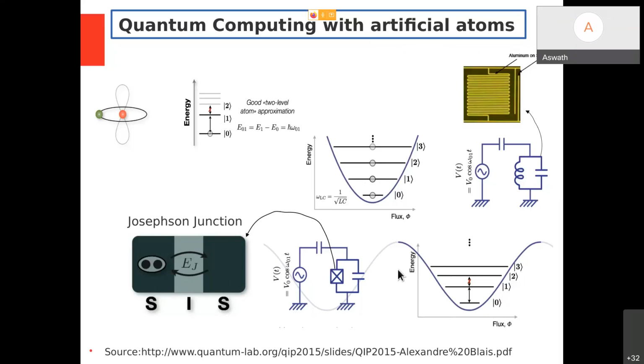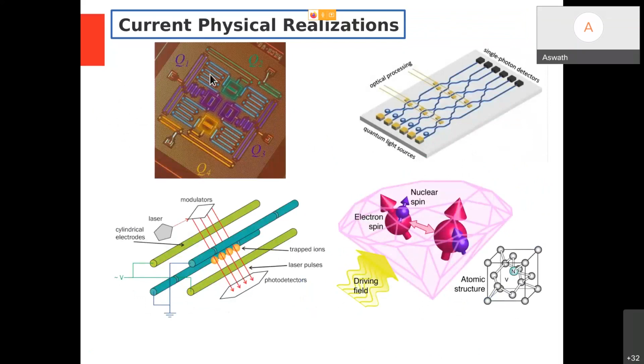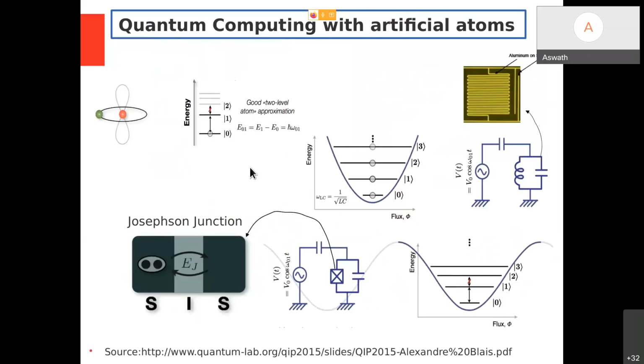Okay, so what I was talking about, you see this kind of a structure. There are many structures. So there is a capacitor and there is a Josephson junction. So this is the region where we'll have a Josephson junction. There is one Josephson junction, another Josephson junction, another one, and another one here. So the capacitor is there, and the connection between each qubit is done through some kind of a waveguide or some kind of a radio wave going from one point to another point. Okay, so this is how, research wise, the quantum hardware developments were taking place.